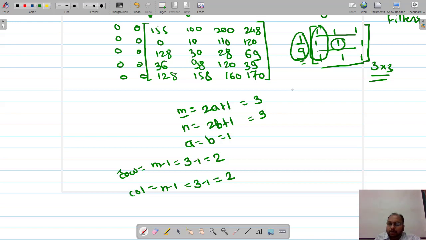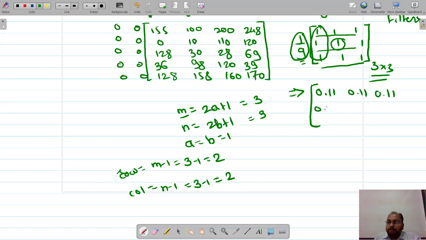Ultimately you can directly write 1 by 9, let us calculate it. 1 by 9 will be 0.11, I think. Yes, it will be. Instead of writing 1 by 9 outside of this bracket, let me write it as 0.11, 0.11, 0.11.